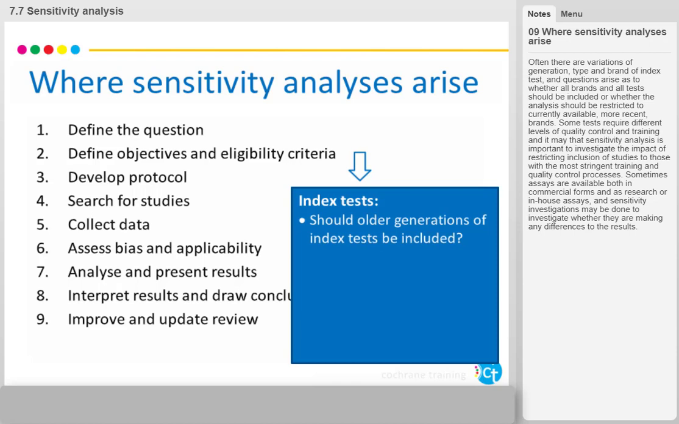Often there are variations of generation, type and brand of index test, and questions arise as to whether all brands and all tests should be included, or whether the analysis should be restricted to currently available, more recent brands. Some tests require different levels of quality control and training, and it may be that a sensitivity analysis is thought important to investigate the impact of restricting inclusion of studies to those with the most stringent training and quality control